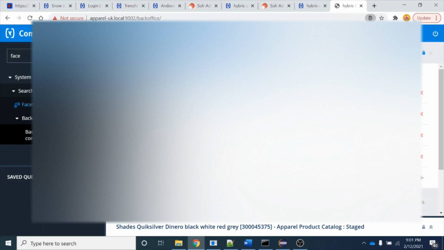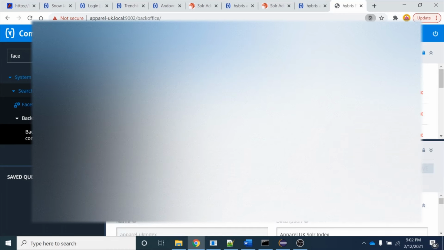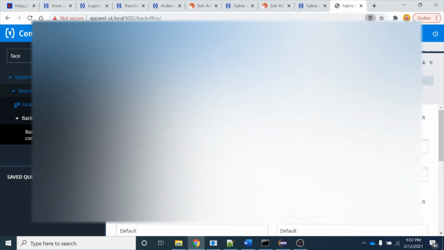So I have clicked on facet search configuration, and firstly I will be showing you whether my new property has been indexed over the Hybris DB or not. So ours is the April UK index. I will be opening it, and then I will go into index types. So I am in index type and I will open this,